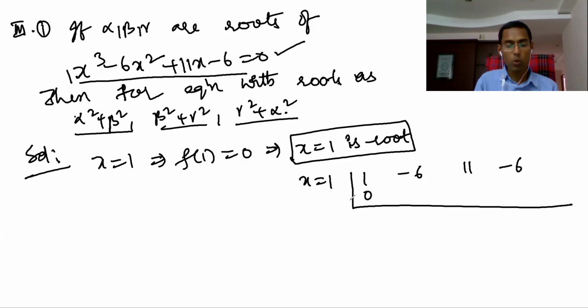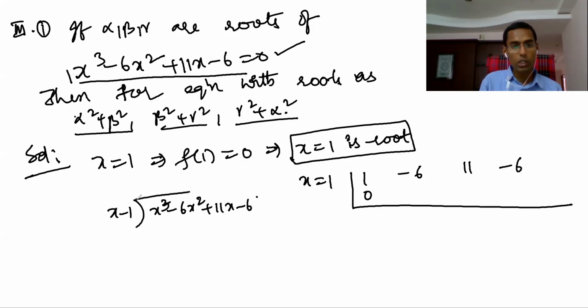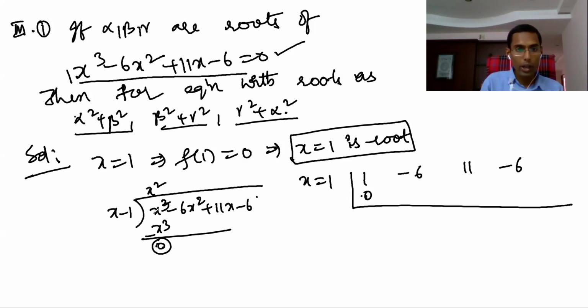Now we have to put here 0. What is this 0? So I'll tell you, x minus 1 you are dividing now. x cube minus 6x square plus 11x minus 6 we are dividing. So here first thing, what will you do? You multiply with x square, right? Then you write here x cube and make this one 0, right? That 0 is what here I kept. Now this 0 and this one, if you subtract you are getting here 0, right? So now I am adding this one.